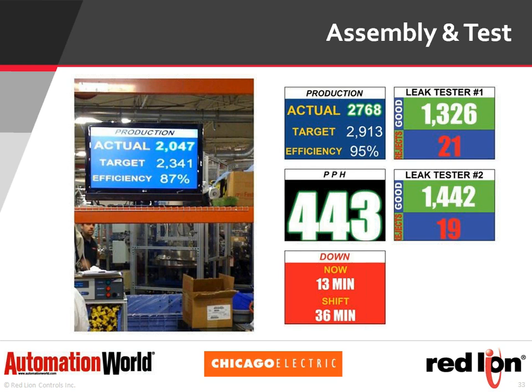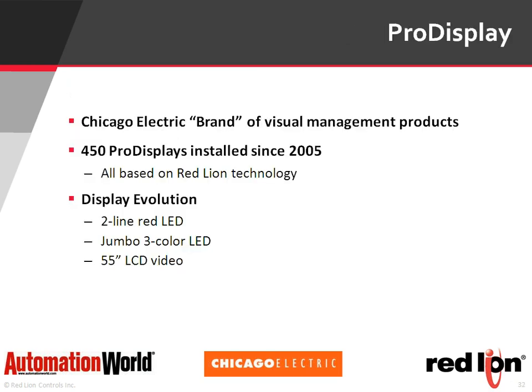A number of years ago, we took the Red Lion product and branded it for ourselves. So in the realm of Chicago Electric, we refer to ProDisplays. This started in 2005. To date, we have over 450 ProDisplays installed, and it's encompassed the full range of technology that we looked at